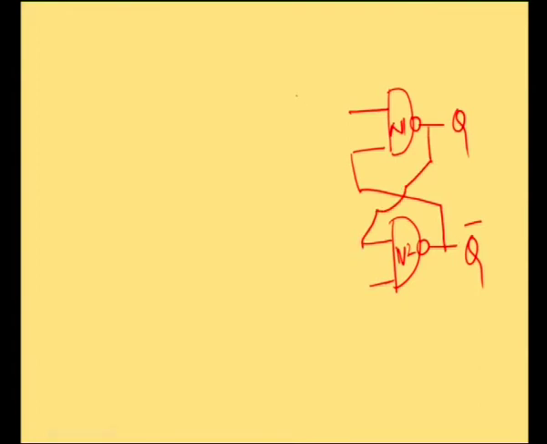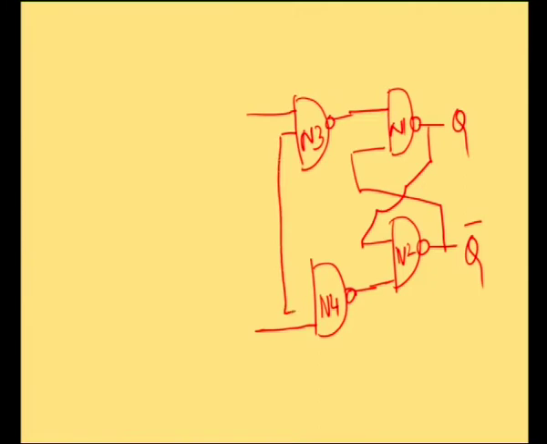The outputs are of course fed back to the input of the other. Then in the case of a clocked SR flip-flop, we had two more 2-input NAND gates, which we call N3 and N4. In the case of a clocked SR, we had S and R inputs, as well as a clock pulse as input. Now, I am going to make this clocked SR into JK. How? We are going to add one more input to each of the NAND gates N3 and N4, and hence we are going to use 3-input NAND gates.